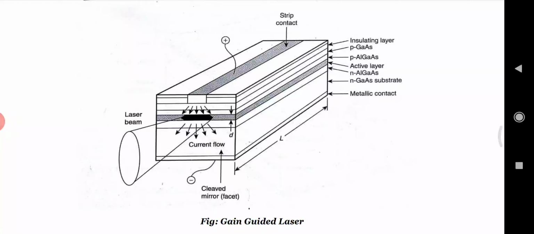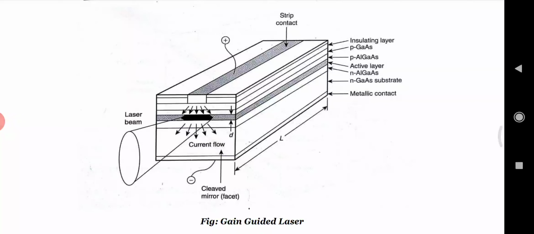And in the vertical direction, the lower refractive index of the surrounding layers reflects the optical wave back into the active region. And this current restriction serves several purposes. That is, it allows continuous wave operation with reasonably low threshold currents, and it allows fundamental mode operation along the junction plane, which is necessary for applications where the optical wave is coupled into a single mode optical fiber. And the requirements for heat sinking are low.